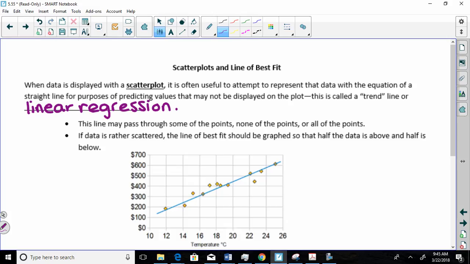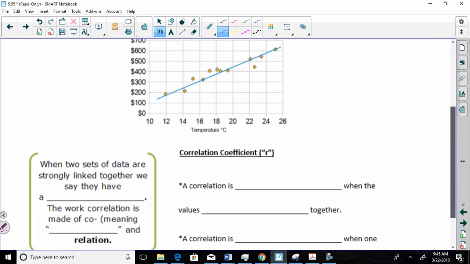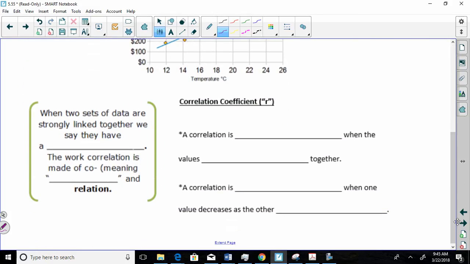And so the first thing we're going to be doing is figuring out the line, the linear equation, so the slope and the y-intercept. The second thing we're going to be doing is correlation coefficient. And so a correlation coefficient